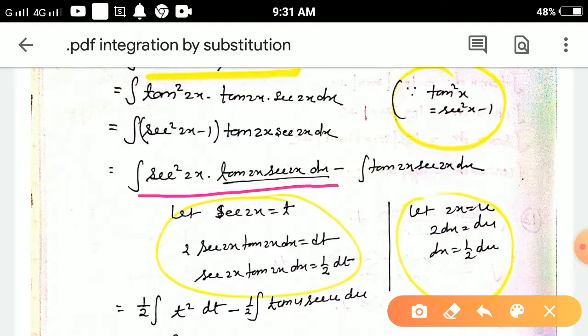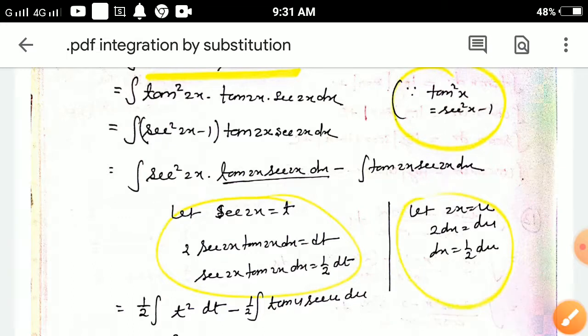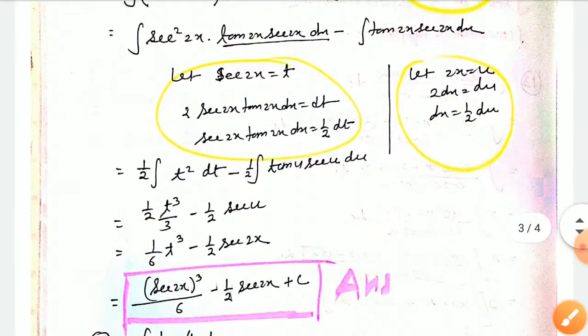Now to solve the second part, we let 2x is equal to u. Then 2 dx is equal to du, and dx is equal to 1 by 2 du. Now putting both values in the question, it will be transformed like this: 1 by 2 t square dt minus 1 by 2 tan u sec u du,